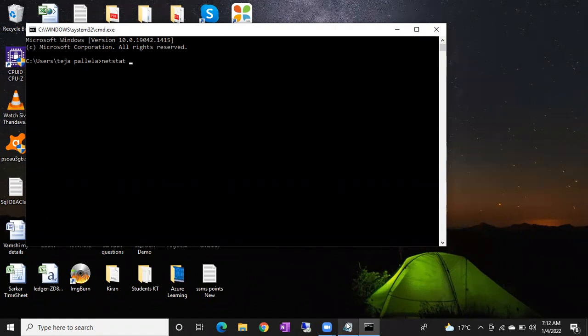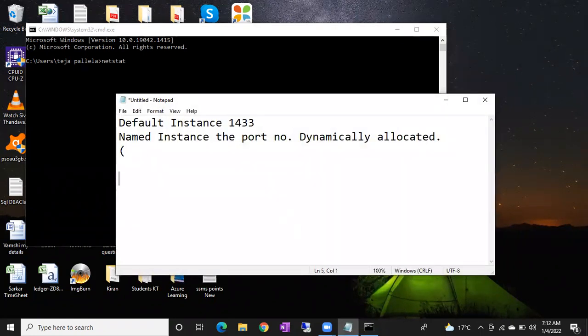For that, we are going to use the telnet command. We have to use telnet with the port number. If the port is open, you will get a blank screen. If the port is not opened, you will get an error message. You give telnet with port number 1433. The problem is that telnet is a separate client that you have to install separately, so usually it won't work.